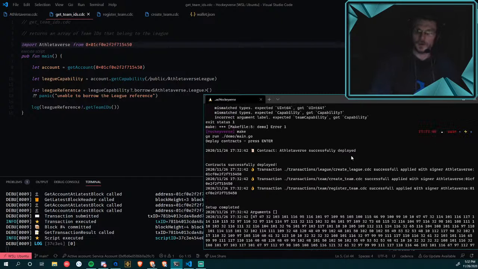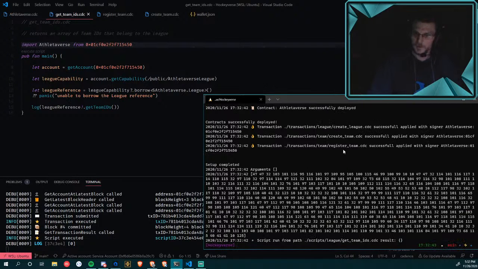Okay, so what's going on here is the contract successfully deployed. I don't know what I'm returning right here. That's supposed to be an array of IDs from the team. That looks like a byte array, but okay.